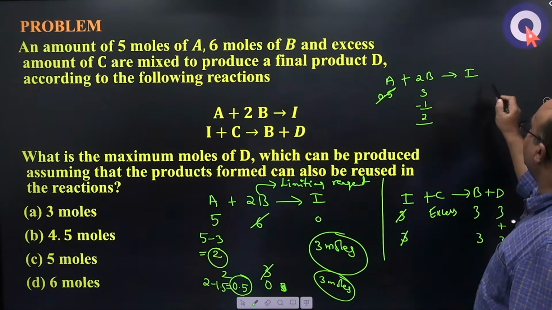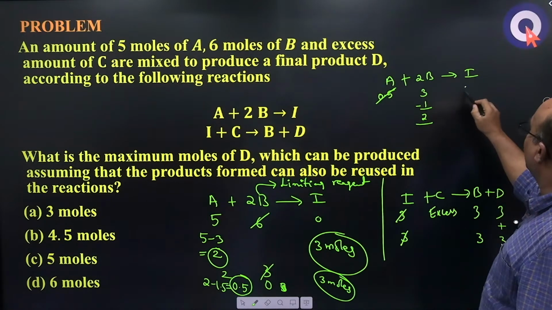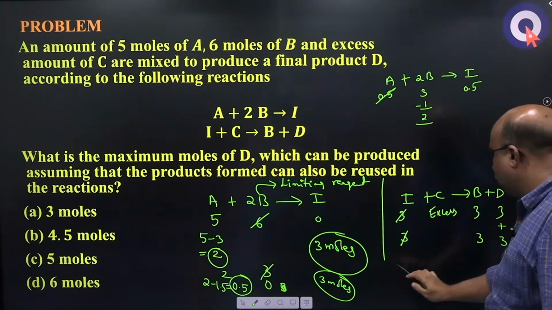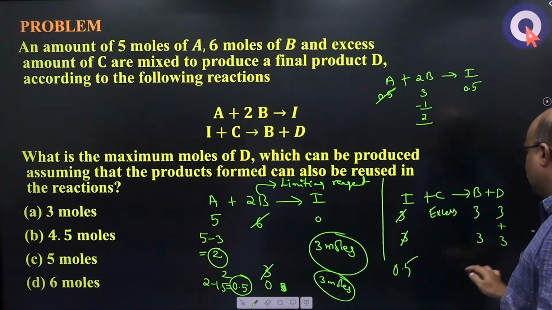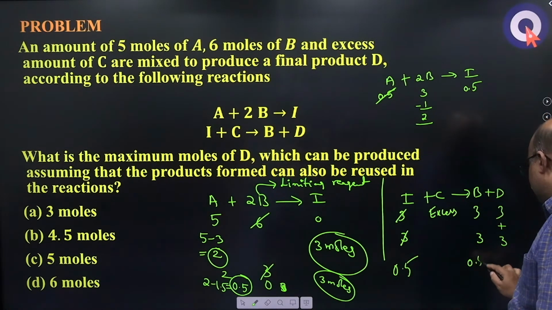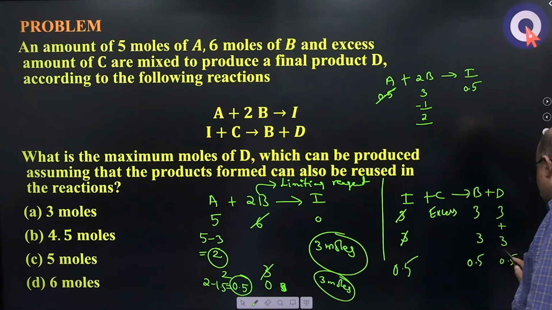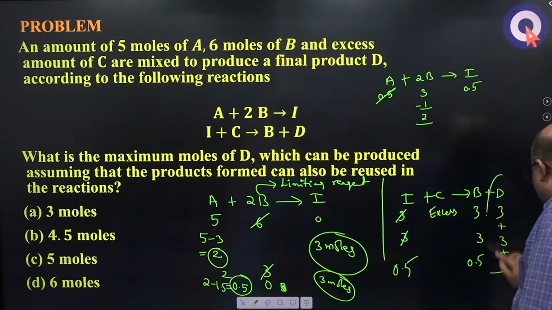Then how much of this will you get? For 1 you will get 1.5. So 0.5 moles of this again reacts. Again excess is there anyhow. You will get again 0.5 of this and 0.5 of this. So the overall amount of D formed is,